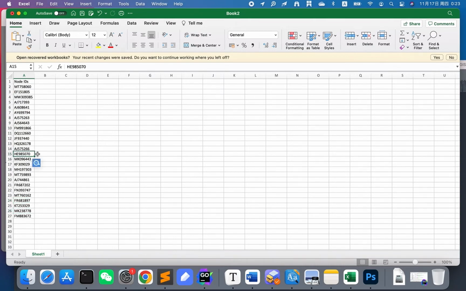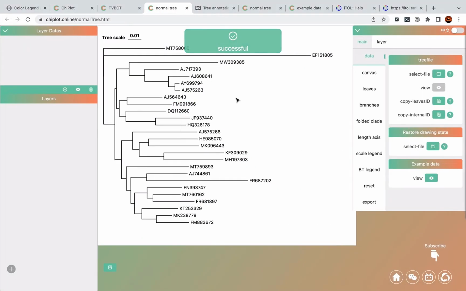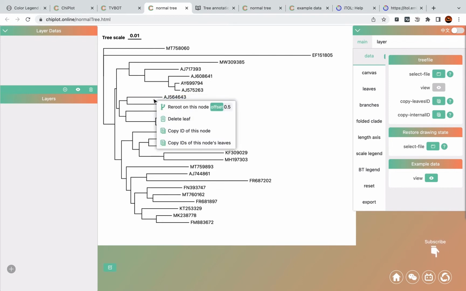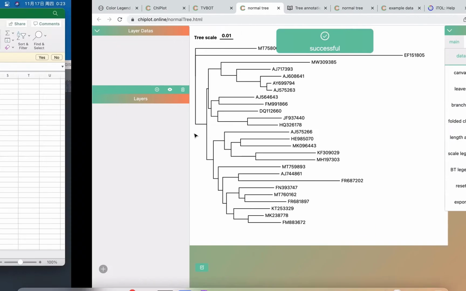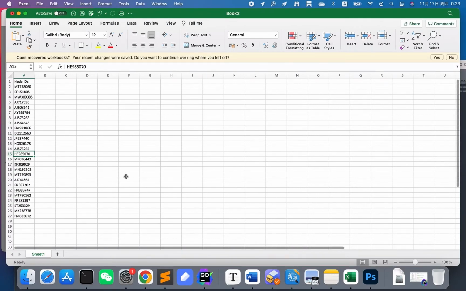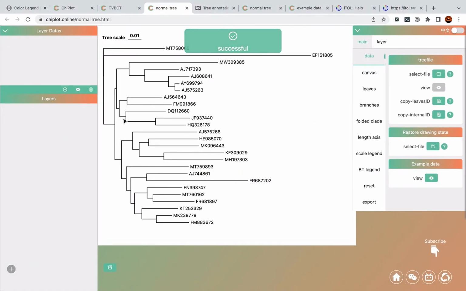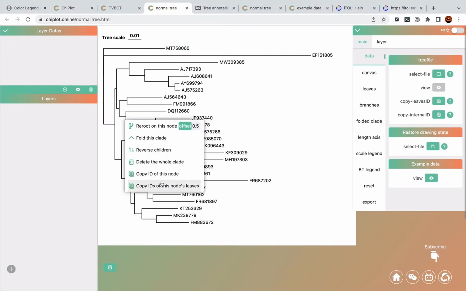Here are all the node IDs of this tree, and you can copy part of the node IDs. You can click one of the leaves to copy the ID of that leaf, and you can copy all the leaf IDs of this clade. You can select this one,